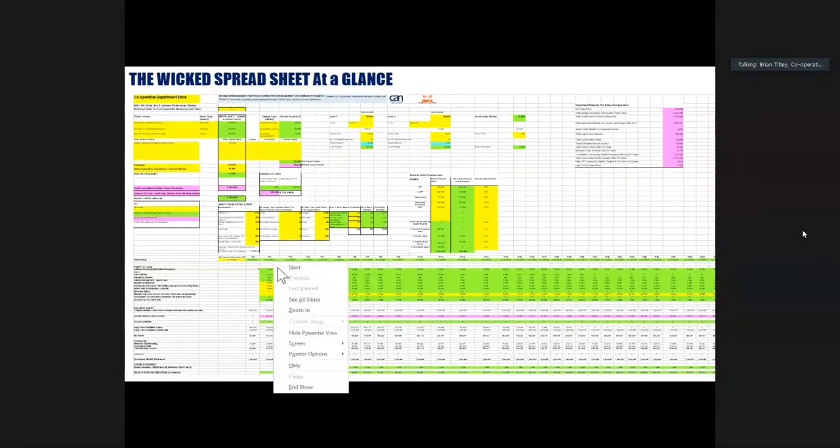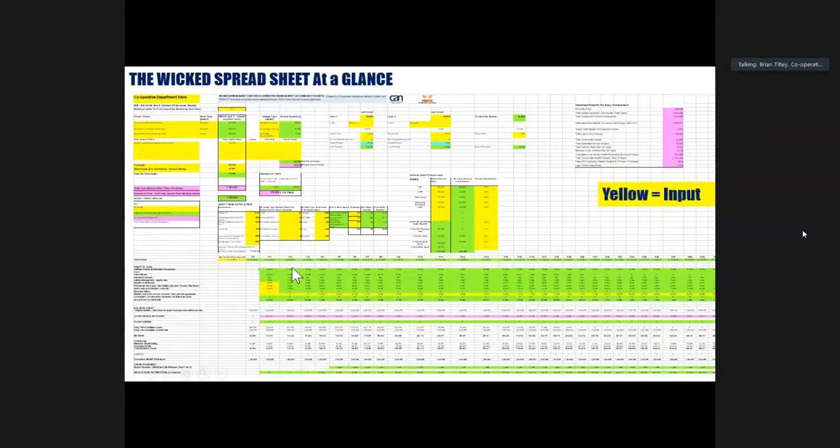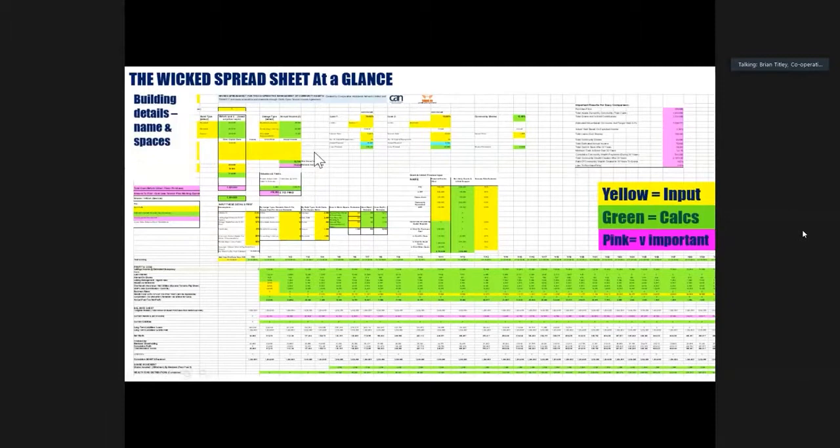That's the coding, but it's in there. I'm going to just go on to the next. Oh yeah, great. I forgot this did this. So that's the code. So building details and names up the top there. Assumptions made, including known build costs in meters squared, rental rates in feet squared,